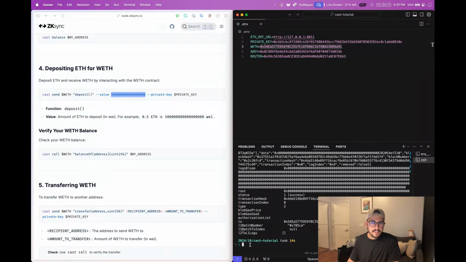Always verify, don't trust. This is where we're going to use the call option of cast. So we're going to do cast call. This is where I'm just reading from a contract and not writing. Send for writing, call for reading. And again, I'm going to use the wrapped ETH variable. I'm going to do balanceOf. I'm calling the read function balanceOf. It is going to require an address,